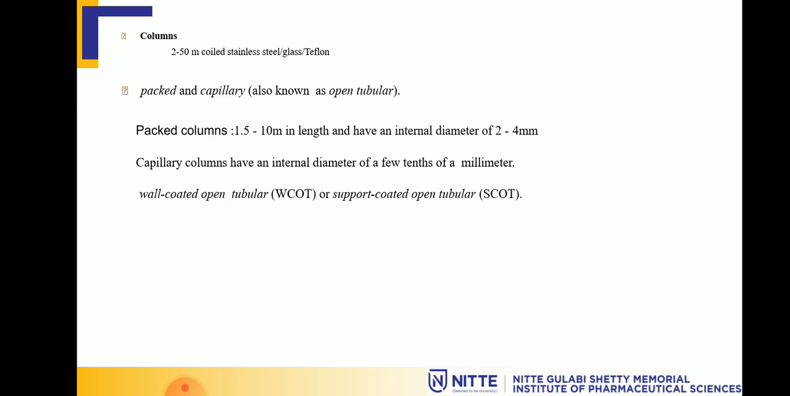If you look into the efficiency reported per plate, for FSWC the plates per meter is 2000 to 4000, whereas in WCOT it is 1000 to 4000, in SCOT it is 600 to 1200, and in the packed column it is 500 to 1000. So with this you can understand that the efficiency of the column generally depends upon the number of theoretical plates. You can see the number of theoretical plates here, and you can understand how FSWC is much better than the